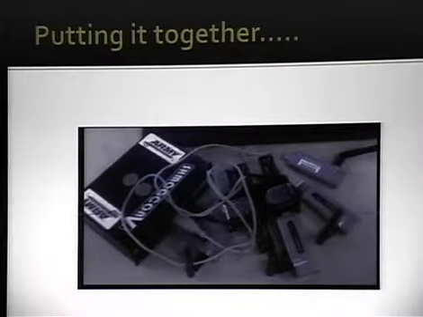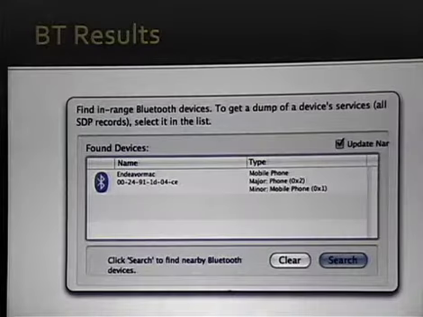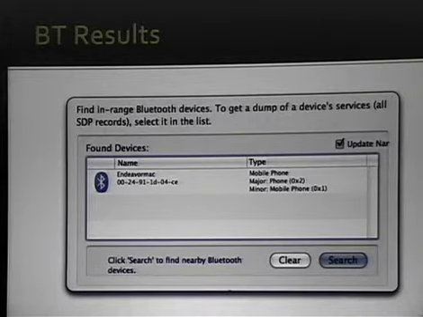All right. So this is what it looks like together. And here's what happens. When we fire it up and we pick a profile of a mobile phone and you fire whatever Bluetooth scanner you have against it, it will come back and tell you that that's a mobile phone.